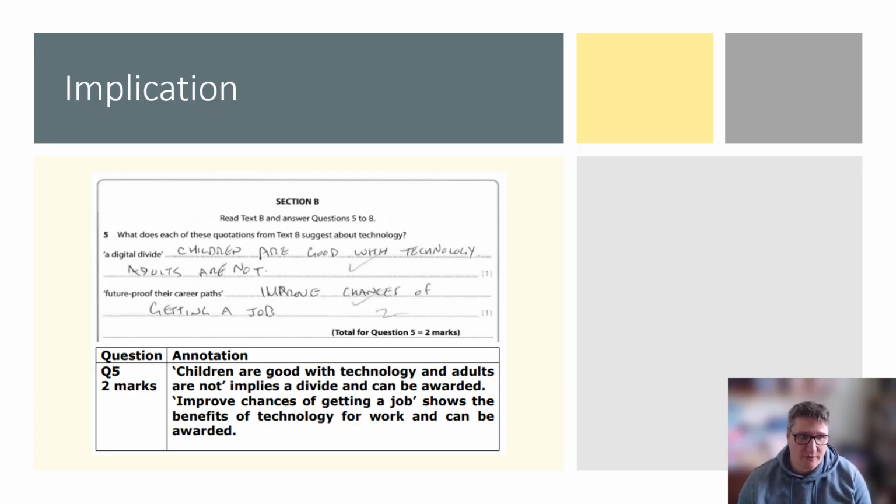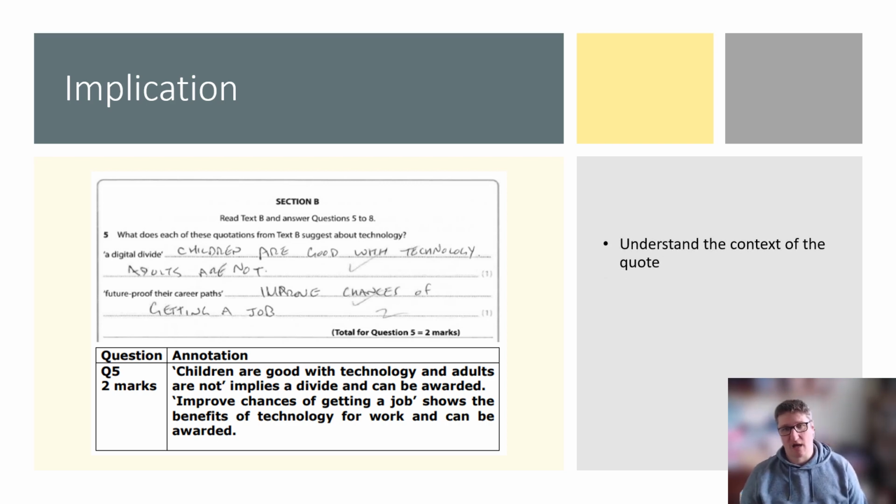Here's question 5. We've already had a good look at this one previously. This one is all about implication. It's asking you to understand the implication, what is implied by the text. That is not what is said directly, but what the writer wants you to understand without them saying. That's an implication. So let's SARC it. First, understand the context of the quote. You're given a quote, a digital divide. So you go to the text, in this case text B, which is the one we started off with, and